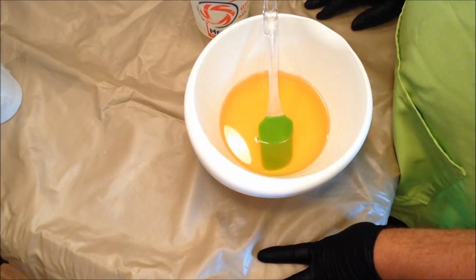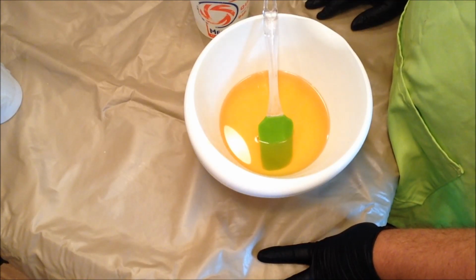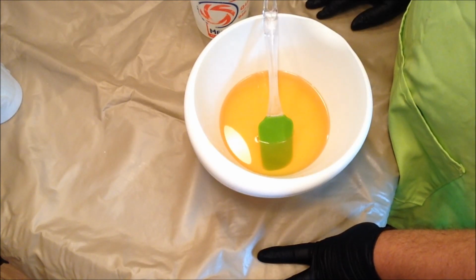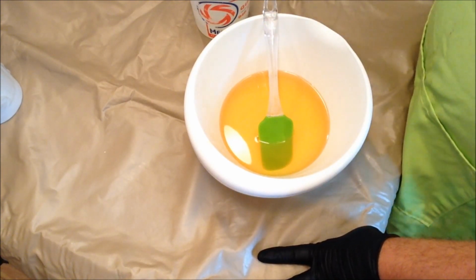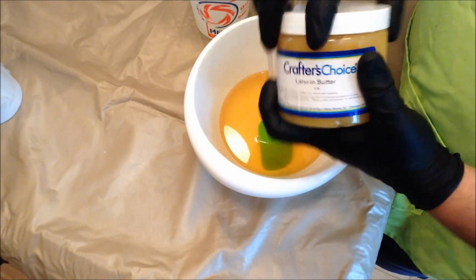Now, lanolin is a product from sheep, and it's actually, I guess, the oily coating on their wool. To obtain it, after they shear the sheep, they actually boil the wool, and I think the oil sort of rises to the top. So this is what lanolin is. Mine's from Wholesale Supplies Plus,